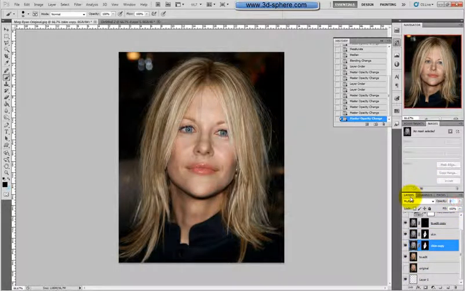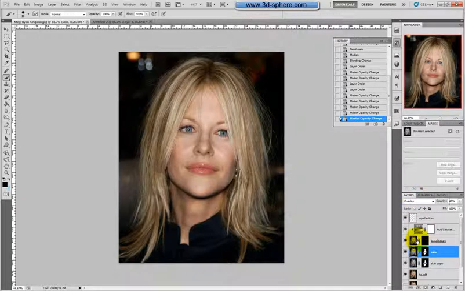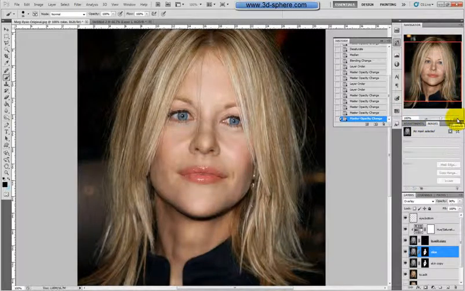Maybe it is just 20%. Yeah, it should be enough. So we fixed the skin, we made the skin smoother, but not unreal like you can see in some magazines. So just a bit, we took out the highlights, the shadows of the skin, which should make it a bit more natural, like it was before,